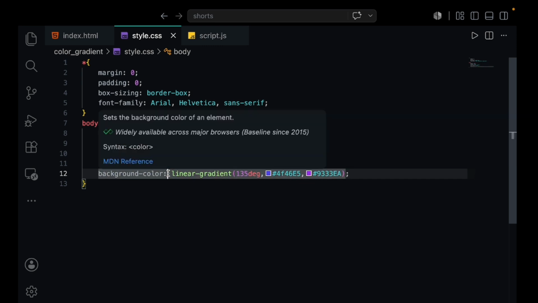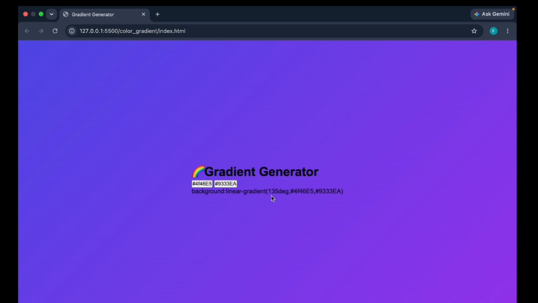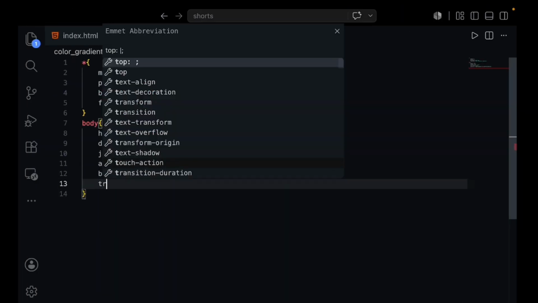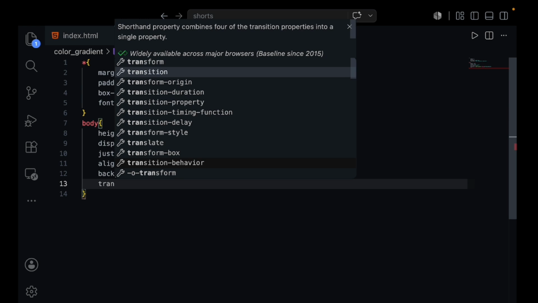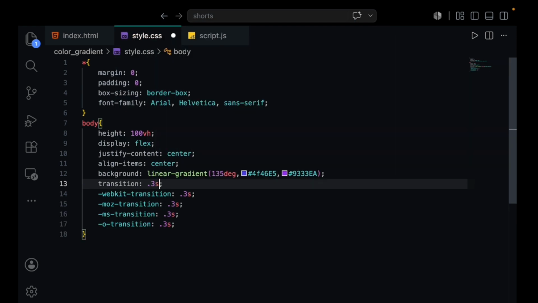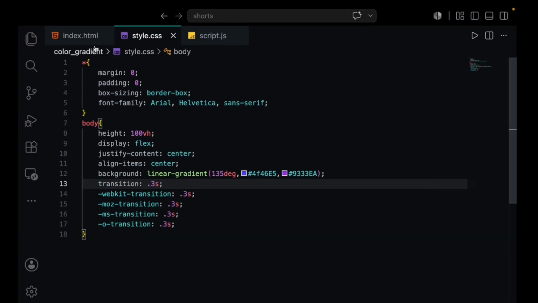Not different. Okay, it's not background color. It's gonna be a background only. And let's give a smooth transition. So for that, I'm gonna give transition, which is going to be 0.3 seconds. All right. What next we have?